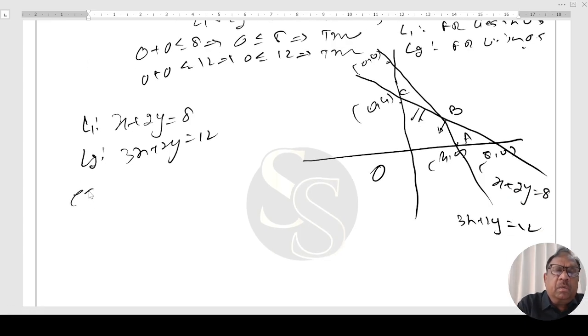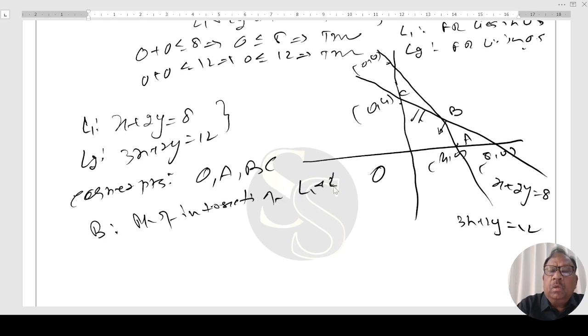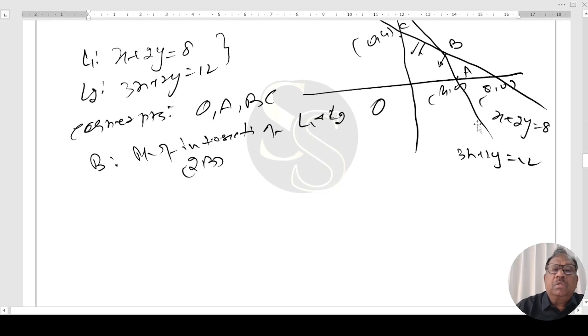Corner points are O A B C. O के कोऑर्डिनेट पता है, A के पता है, C के पता है, B के कोऑर्डिनेट दोनों सॉल्व करके ला सकते हैं. Point of intersection of L1 and L2. On simplification we get 2, 3. So corner points